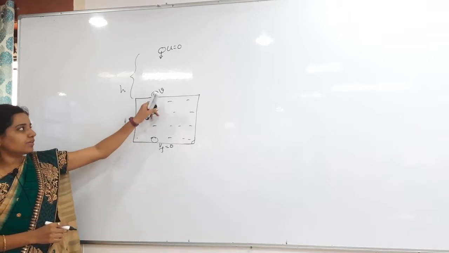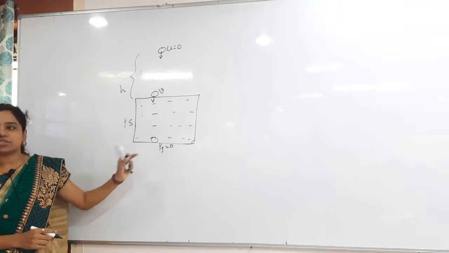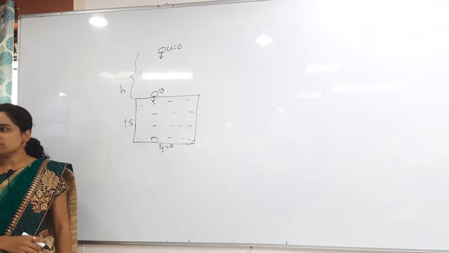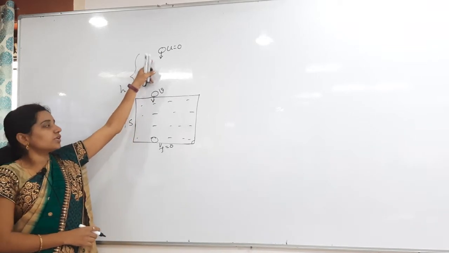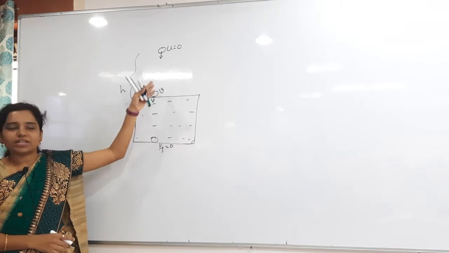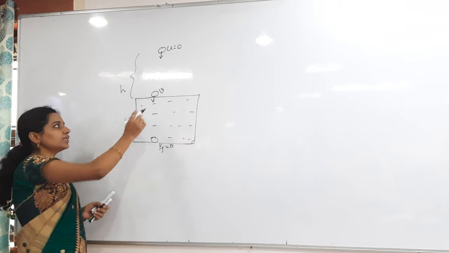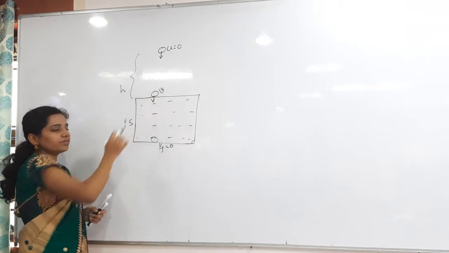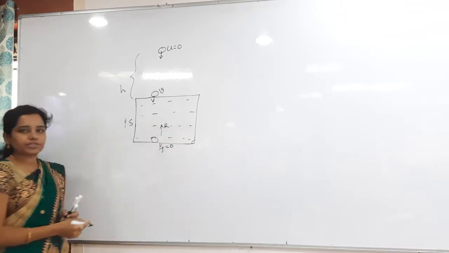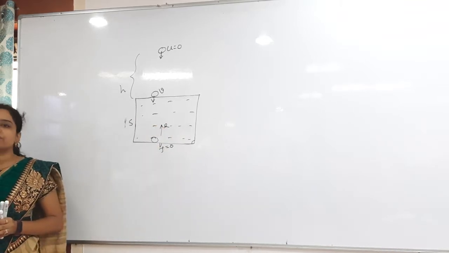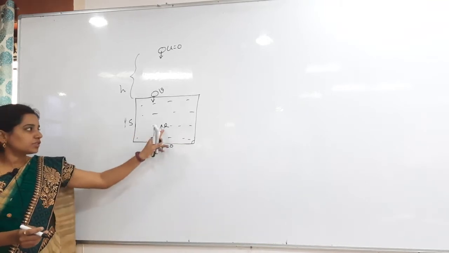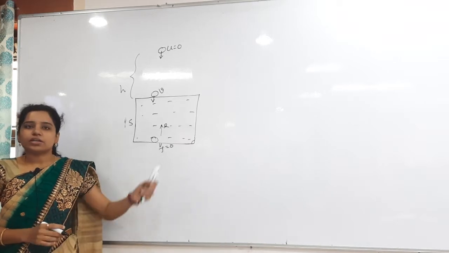By this v, it is traveling inside the sand. Before that, it is just traveling in the air without resistance. It was traveling freely, so there was no resistance here. So what is the work done here? mgh only, no? Work done is mgh. And after that, it is entering into the sand with the velocity v, and then this sand is applying a resistance force R in the opposite direction. So at that time, you have to find out that resistance force only. The resistance force is R. Now we have to find out the resistance force value.